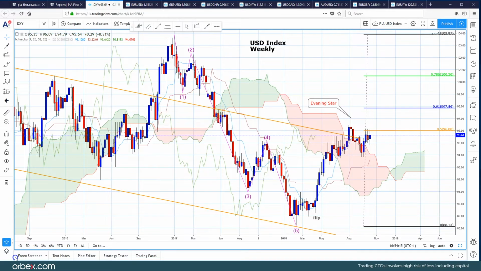So starting off with the dollar index weekly chart, impulse Elliott wave moves to the downside, 1, 2, 3, 4, 5. Period of consolidation at the beginning of 2018, and then this quite impulsive move higher. Now, we have posted a reversal formation at the high, and that's an evening star pattern, that three candle pattern that we see here. We moved down into the Ichimoku cloud, and then we've had pretty mixed and volatile trading really for the last